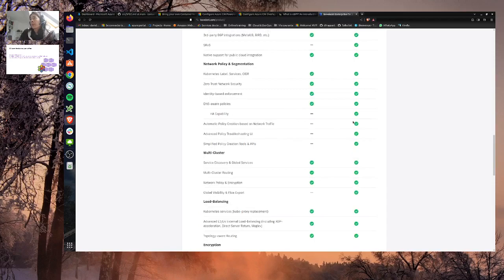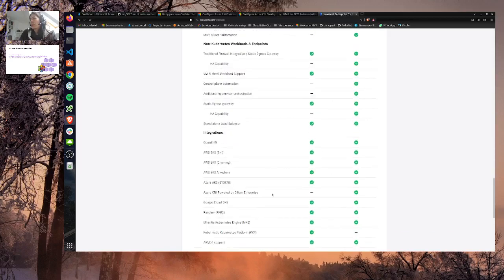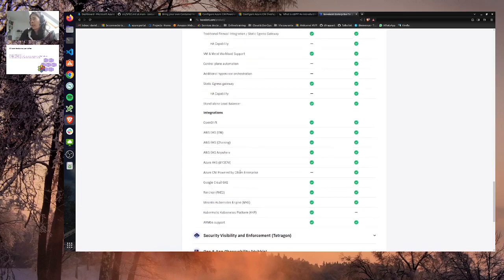In the integration, we should see integration with Azure. You can see that for the Cilium Enterprise, we don't have that with open source, which makes sense. That does not mean that the version that we use with the Azure CNI powered by Cilium is the enterprise version. I'm not sure about that, to be honest, because it might be, but a lot of things are not available yet. But we'll have a look at what is available in the configuration afterward.